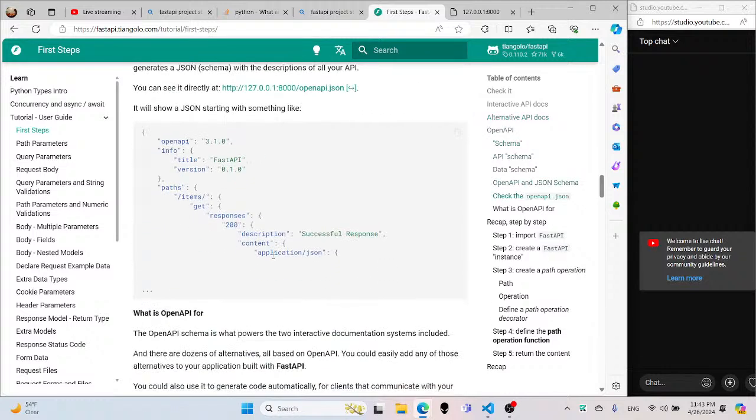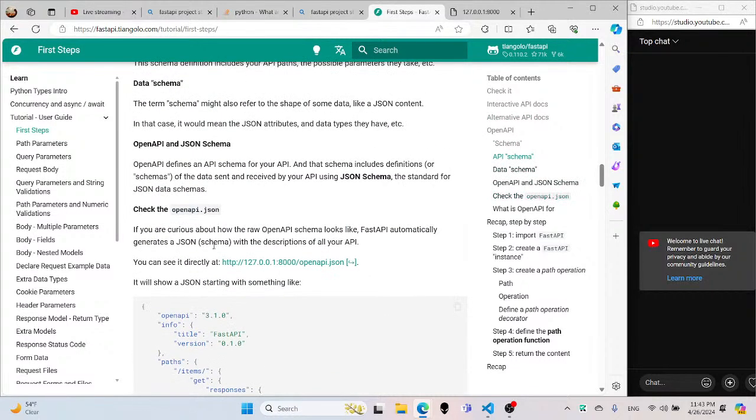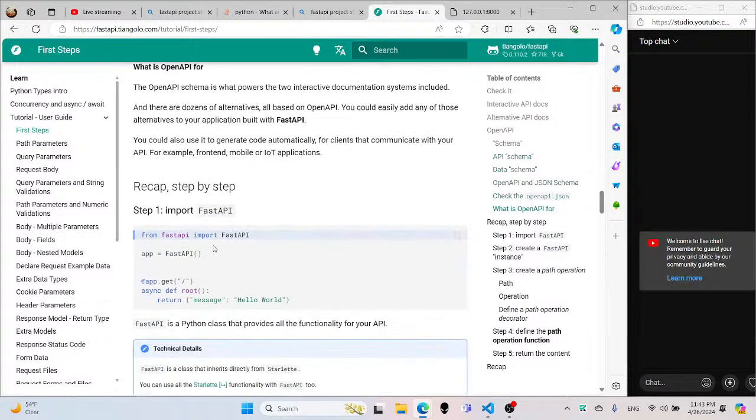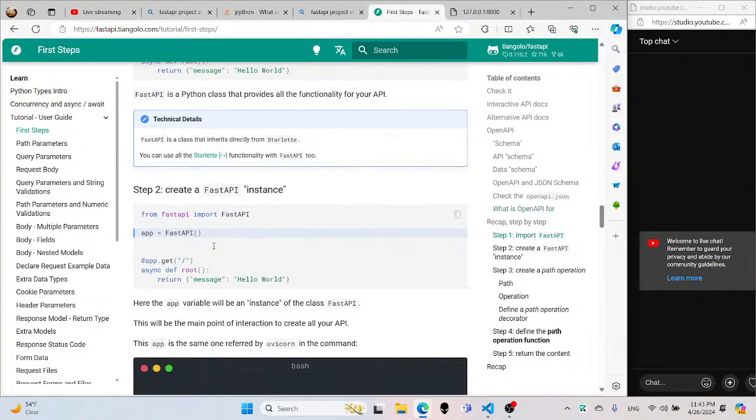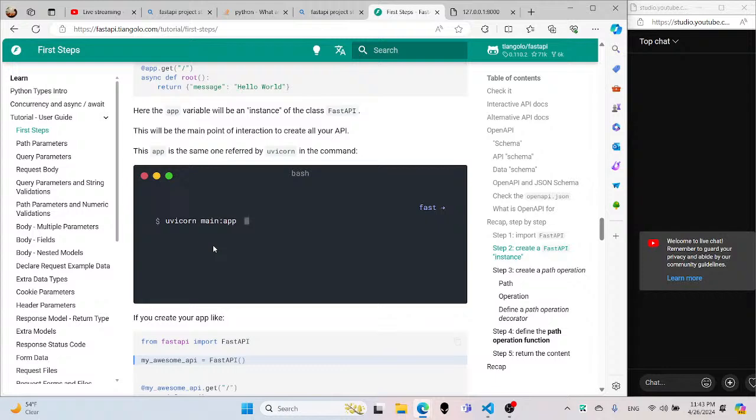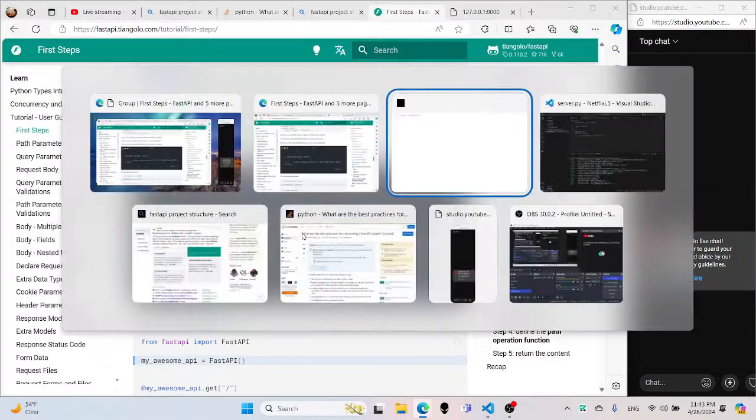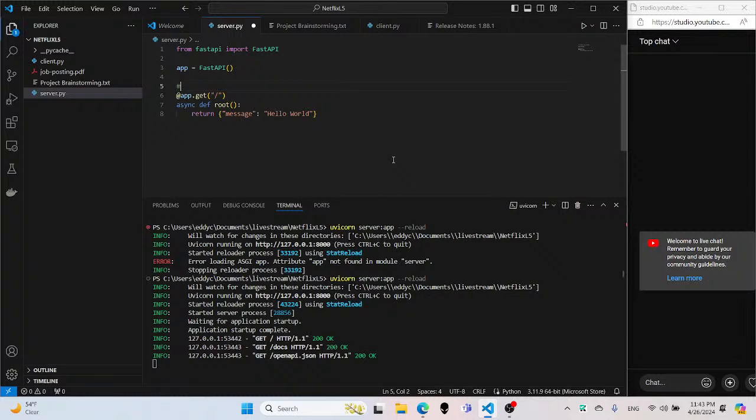So in that case, there should be a section about creating models, because I think first we want to create a model